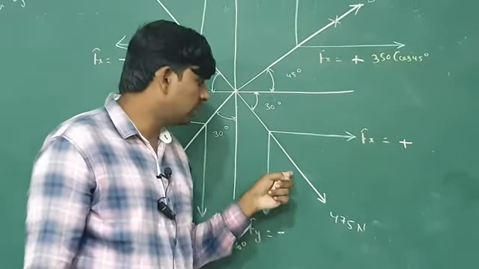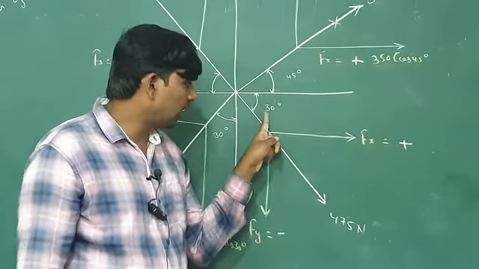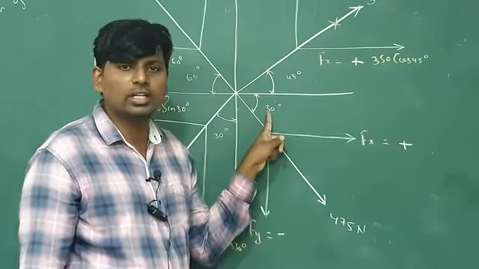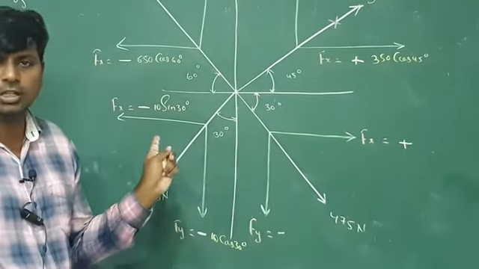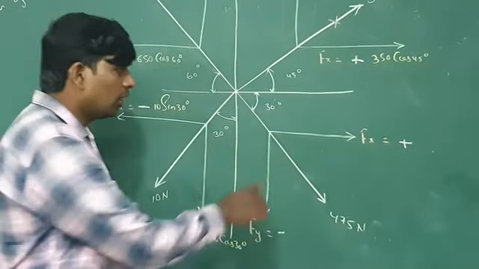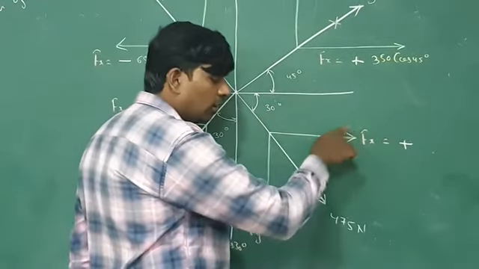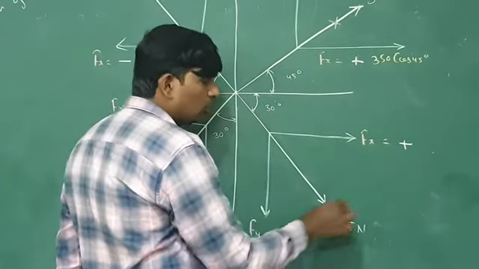Afterward you have to concentrate here. Here also the angle is lying with respect to horizontal. Previously the angle was lying with respect to vertical. So here horizontal is there, so horizontal you have to take as the cos. How much force is there?